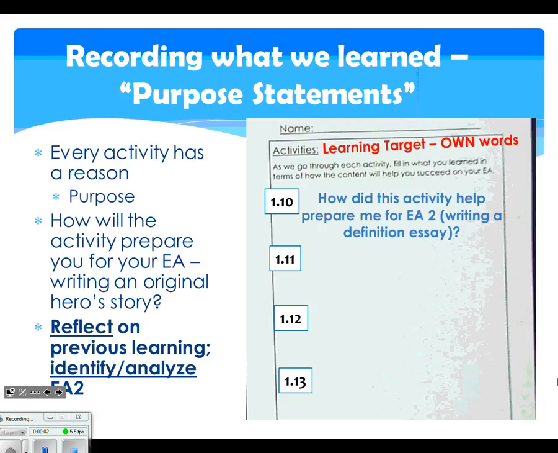All right, folks, so you've got a brand new bookmark that you received yesterday. What I'm going to ask you to do first is look on the front side of your bookmark, and find where you wrote in the assignment box what our next upcoming assessment is. Just double check that real quick, refresh your memory.